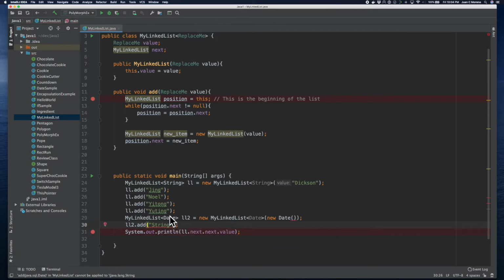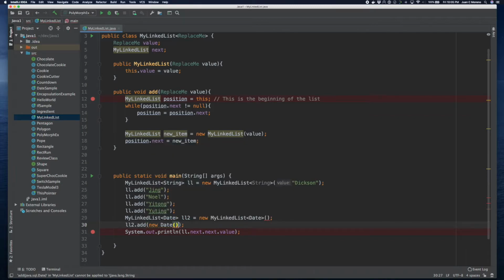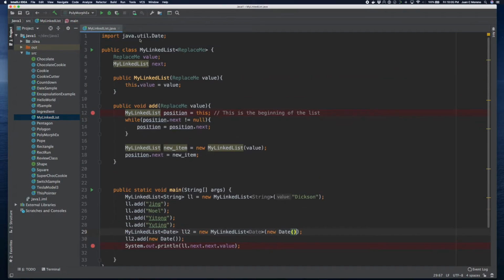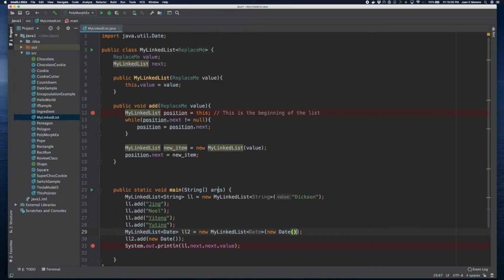So it did that live search and replace on the spot, but I can technically do new date like this. New date. I had the wrong type of data object. That's why I was complaining. It's always good to check that when you're dealing with time, it's java.util.Date rather than java.sql.Date. That's a different one for a different purpose. Anyway,